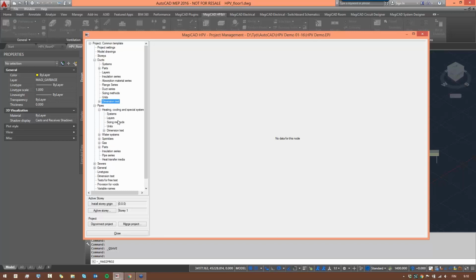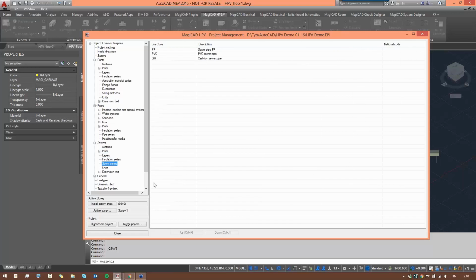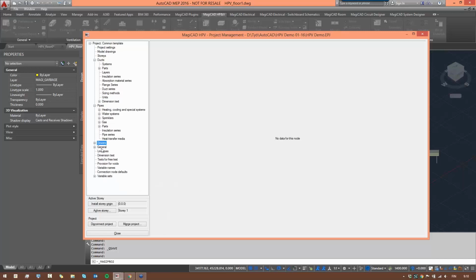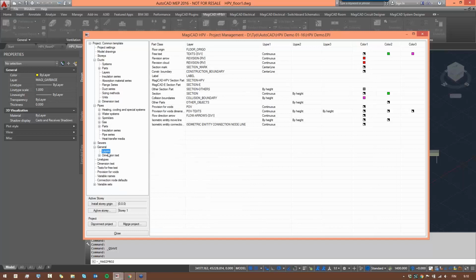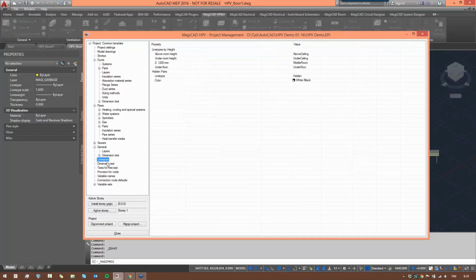for these products as well. For pipes, pretty much the same thing: systems, layers, sizing methods, and so on. Not that special there. Same kind of logic in there as well. Sewers as well: systems, parts, layers, insulation series, and so on. A few general options on the layers, dimension texts, line types, which will be used on the project, dimension text,